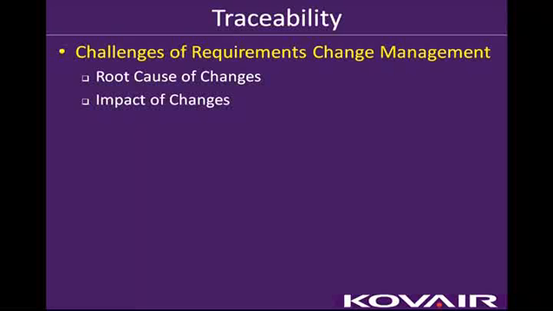I'm sure that many of you have faced this kind of problem, that your customer has asked for a change in the requirement, and immediately the question arose: if I make that change, how will it impact the rest of the system, how many other requirements will be impacted, how will this impact my delivery schedule, or how will it impact my whole QA and testing schedule? So all of those things can be answered when we talk about traceability